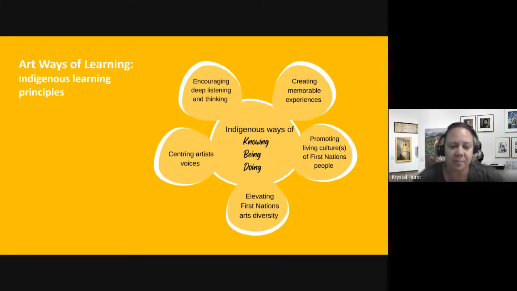So we know that many Aboriginal and Torres Strait Islander artists don't just do dots. We also do a whole variety of artistic cultural expressions, whether it's through sculpture, whether it's through jewellery making and things like that. And we also centre the artist's voice, whether we do that through utilising their own words, whether it's in quote form, or expanding on their ideas about their artworks and their arts practice, and also including them in our digital programs too.